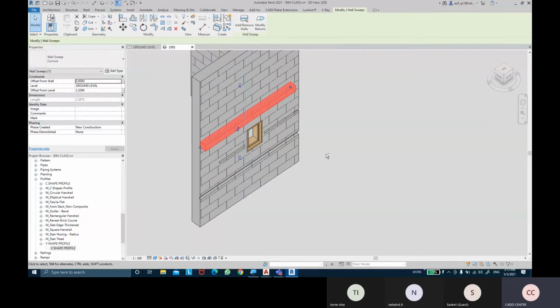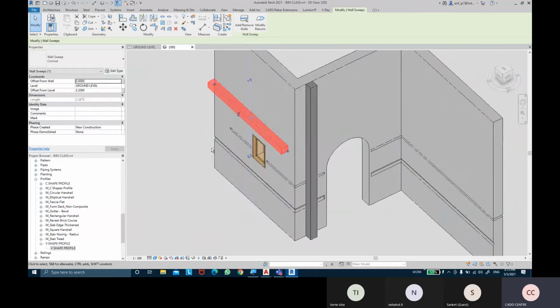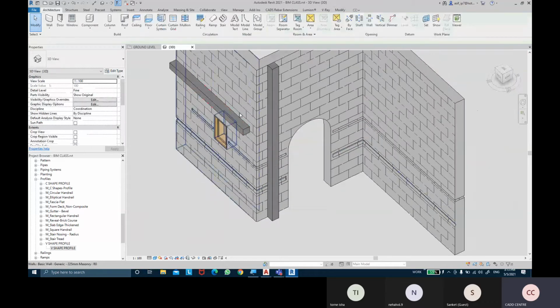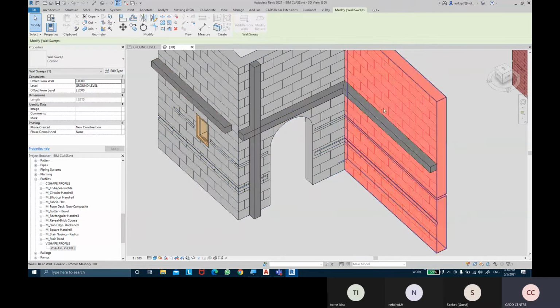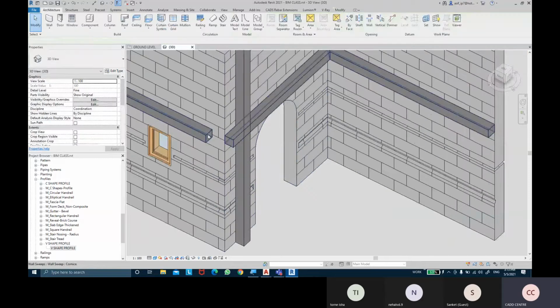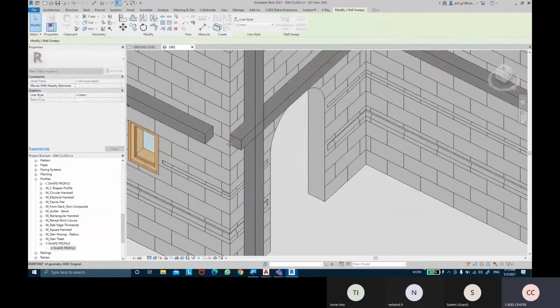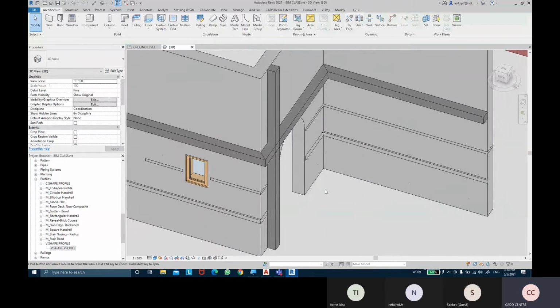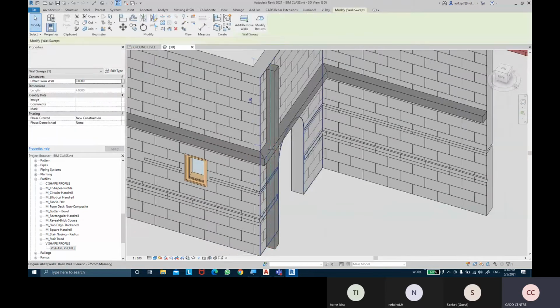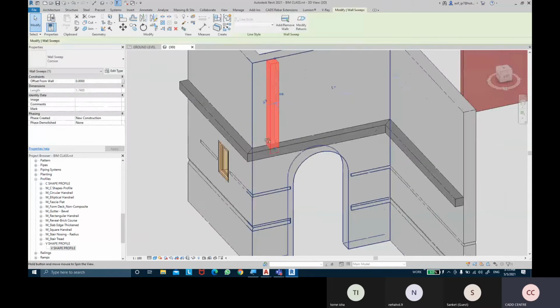So that's sweeping, just exactly like the reveal, but the only thing is that this comes as an extrusion. I can add to walls as well. So if I want to continue to this wall and maybe this wall, I can continue to the walls as well. I can use these drag points and connect them like that. So you can use it for creating any form of design shapes.